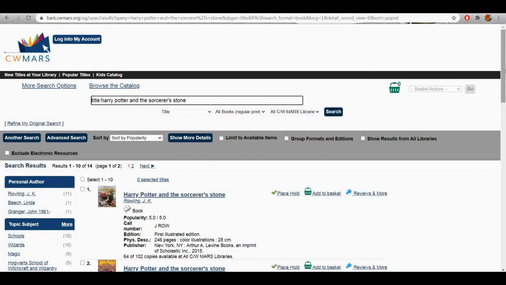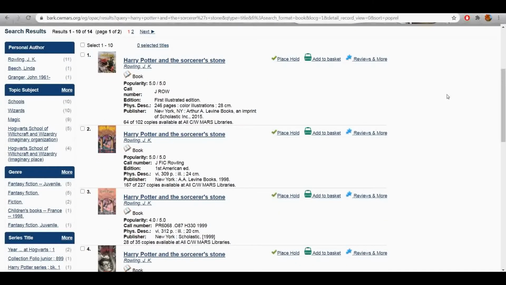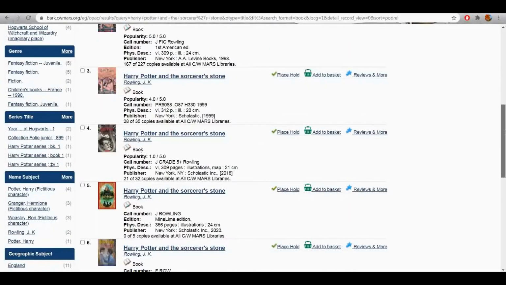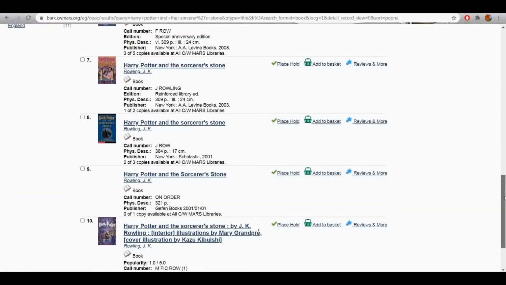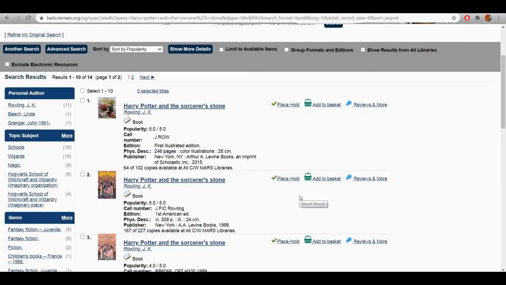and your search results will come up looking like this. Now you can scroll down and see your other options, and you have other pages as well. But I'm going to stay here because I see the book that I want. Now I'm going to click the title,